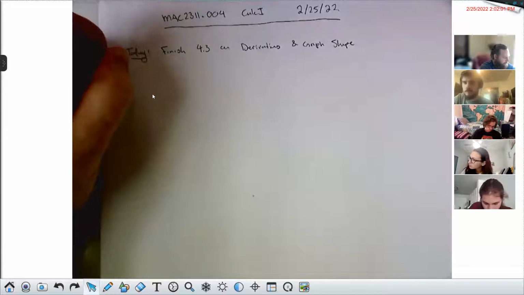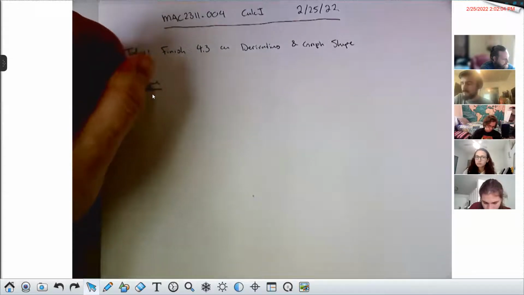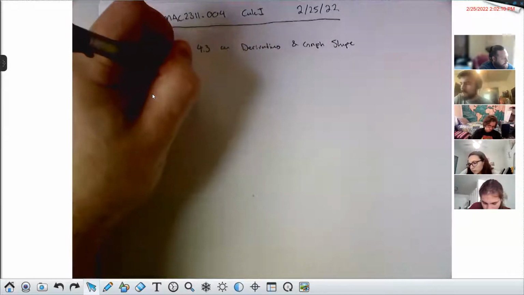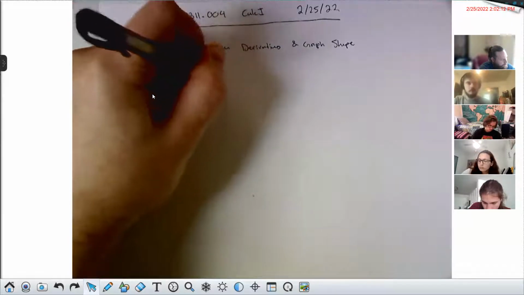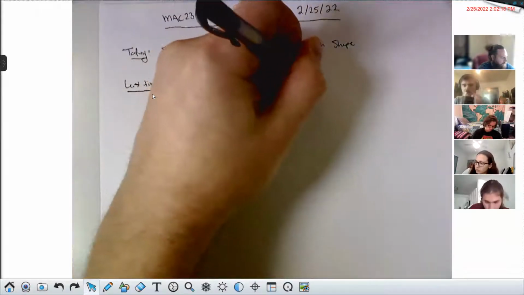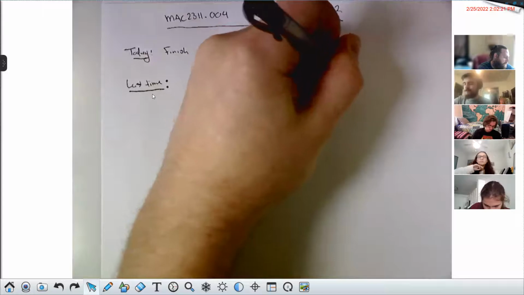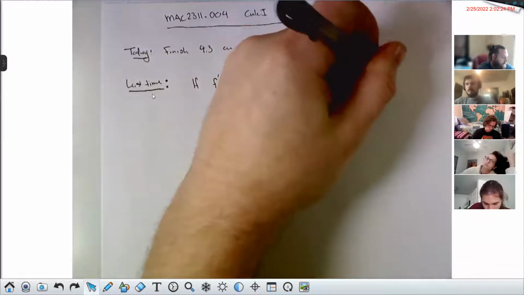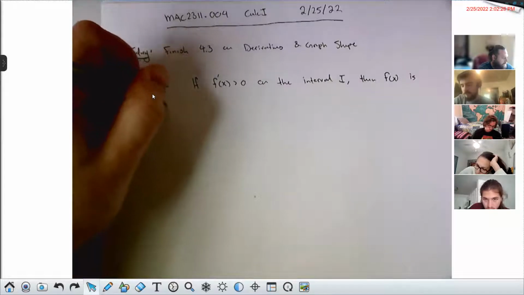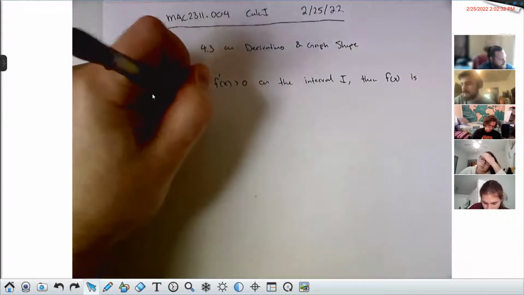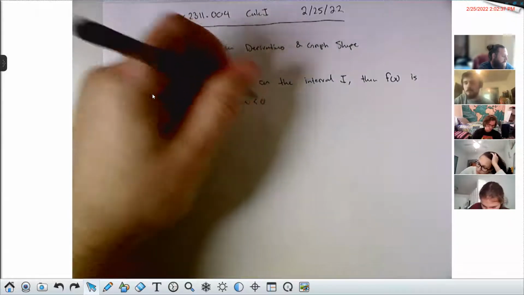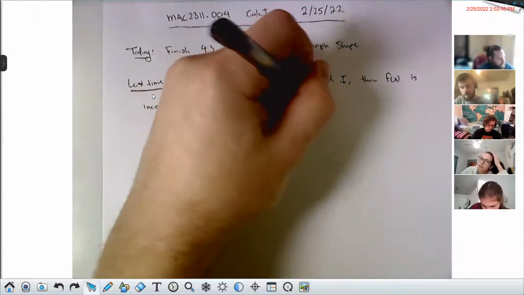So last time, the theorem we kind of ended with was, I'll say this in brief, if f prime of x is positive on the interval I, then f is increasing on the interval I. And if f prime of x is negative on the interval I,